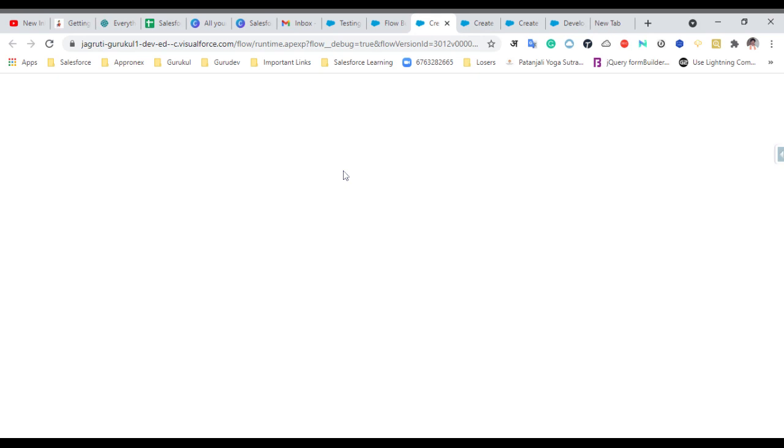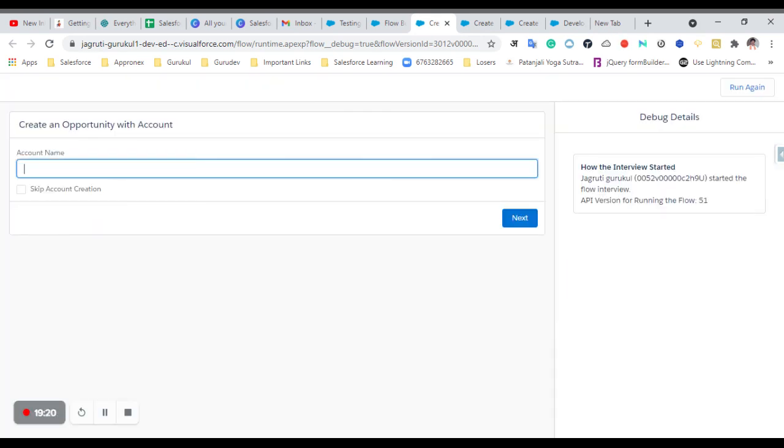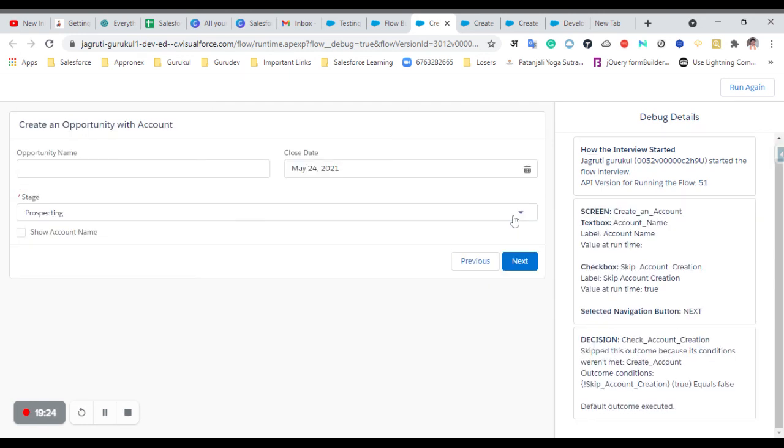Let's debug this one. So I want to skip this one, so I check this one. Click on next. This screen is there, and if you see from here, the decision that was taken was skip account creation.